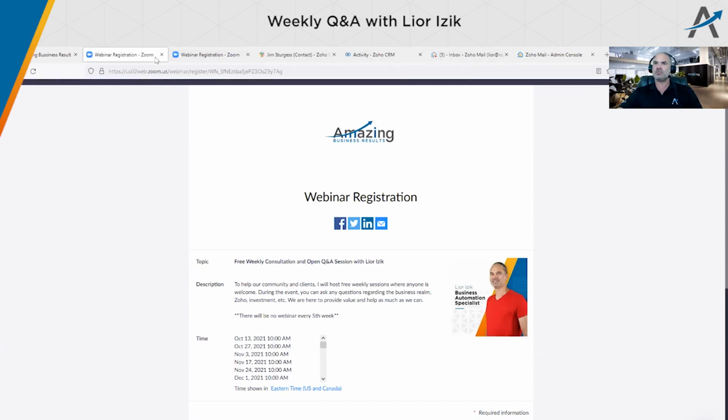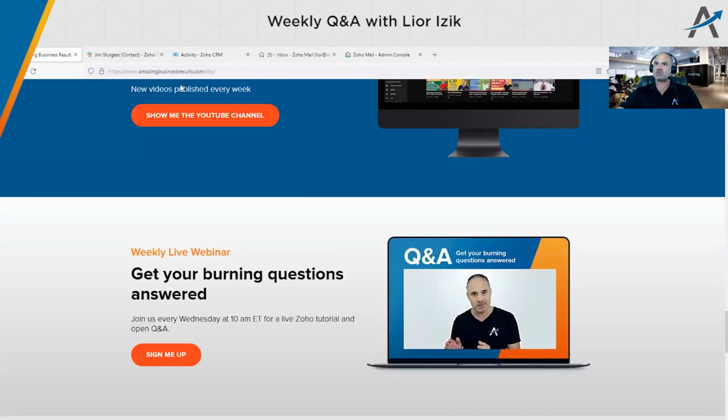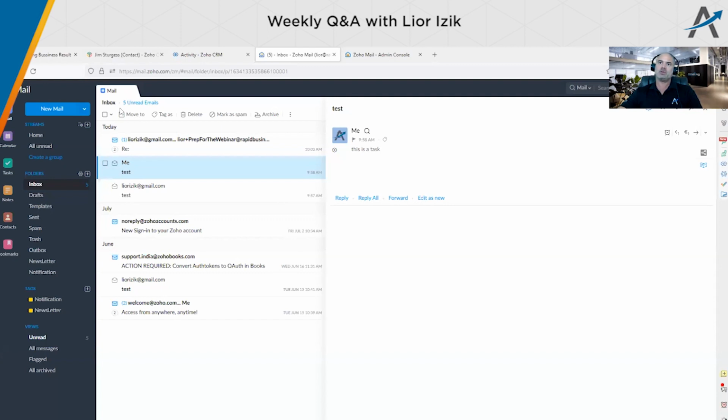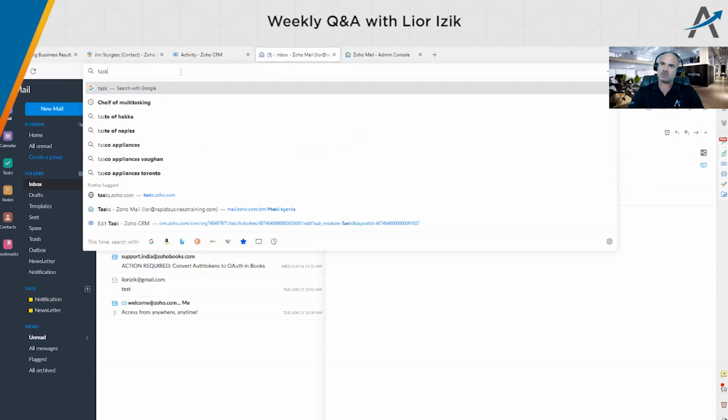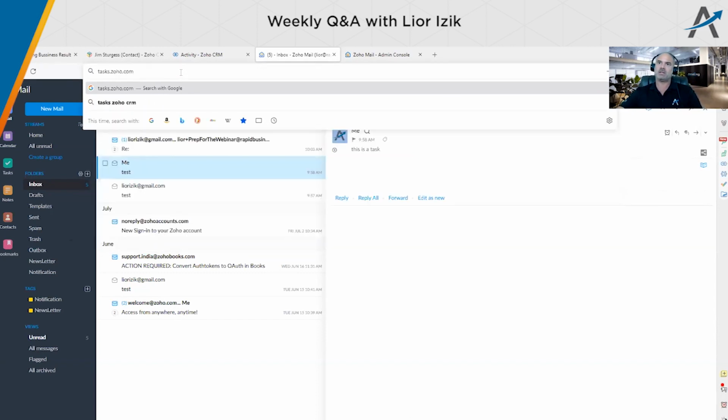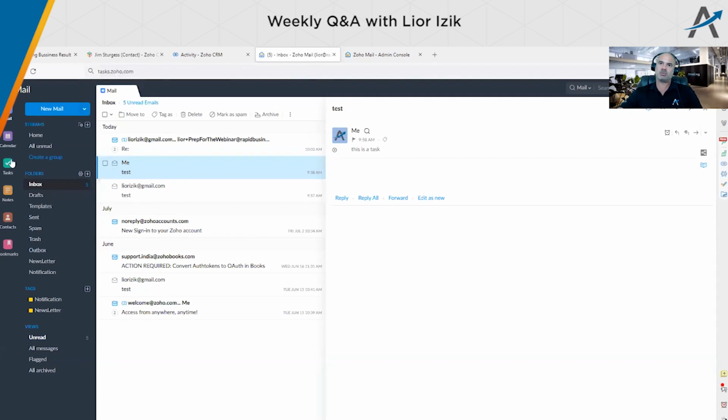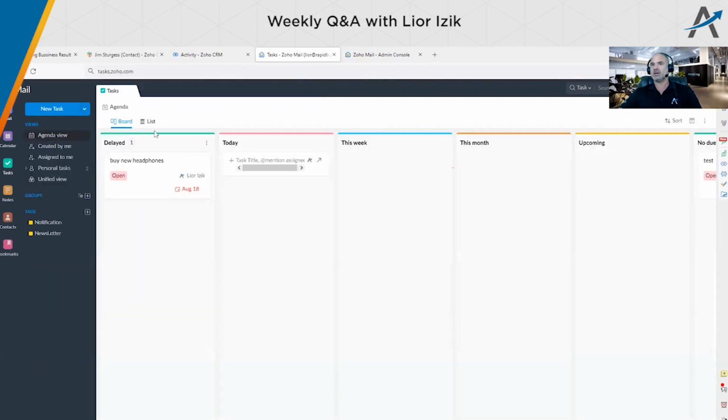There is a new feature from Zoho, which I think is interesting. If you go to your Zoho Mail, or if you don't have Zoho Mail, you can just write tasks.zoho.com, and it will take you to this place. If you do have Zoho Mail, it will be on the left side. It will say tasks. You can see here that you have an interesting tasks view. So first of all,